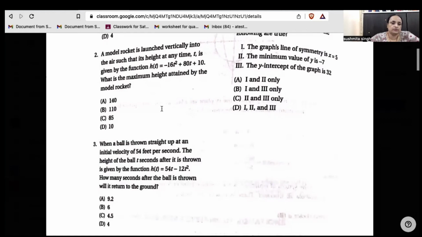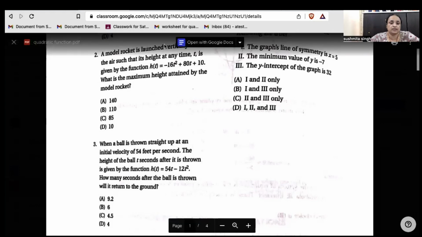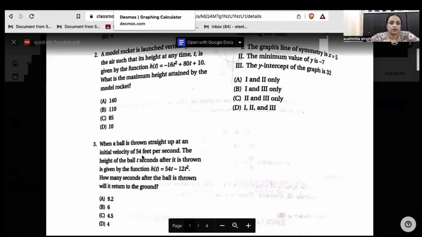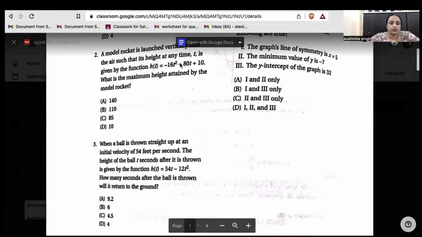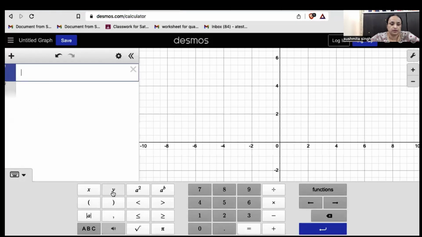A model rocket is launched vertically into the air such that its height at any time t is given by the function h(t) = -16t² + 80t + 10. What is the maximum height reached by the model rocket? So we have to find the maximum height, that means we have to find y. When we go to Desmos, we would not write t, we would write x, so y equals -16x²